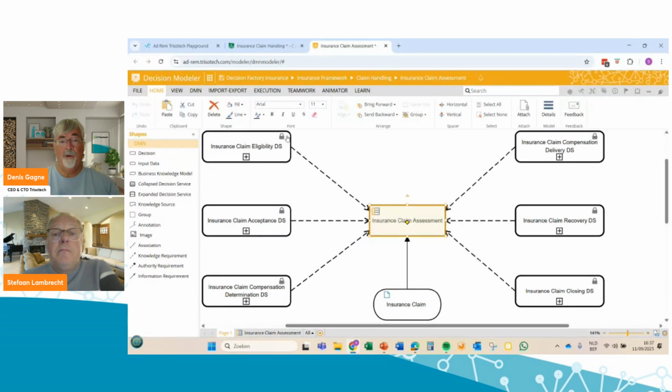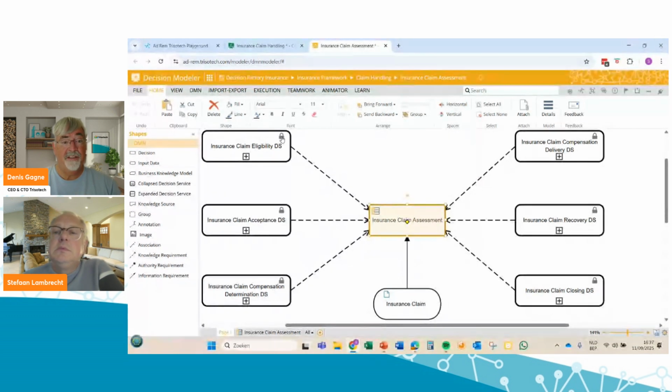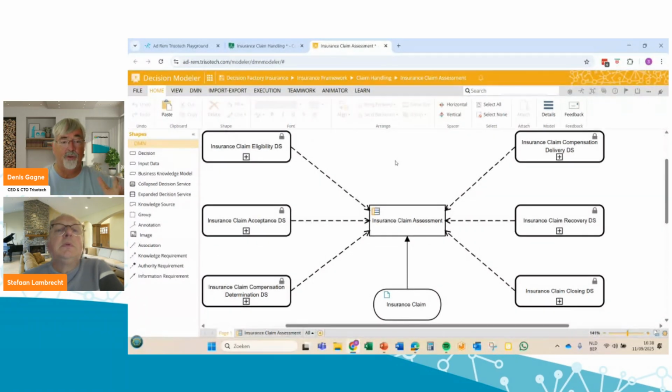So what you're showing us now, that's a DRD, a decision requirement diagram, yes, isn't it, in DMN? Yeah. So DMN is decision modeling and notation, which is a standard for capturing how decisions can be made, both the requirement, as you show us there, and also the logic. Now, by doing it this way, you're making sure that you have a deterministic decision that is made. This is not hallucination. This is actual determination in a deterministic way based on your own insurance company policies and rules and contracts that are in place.